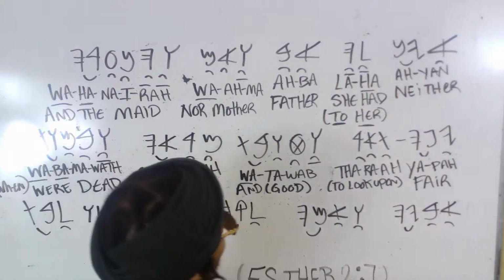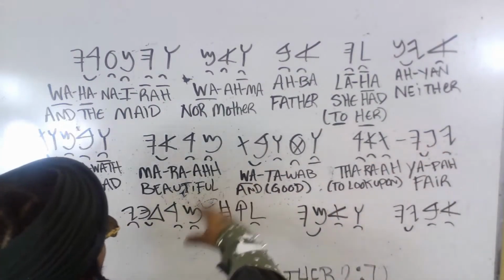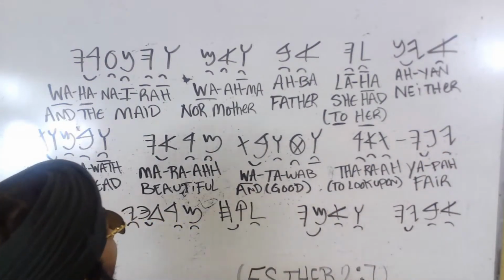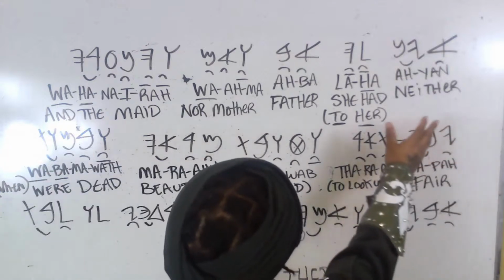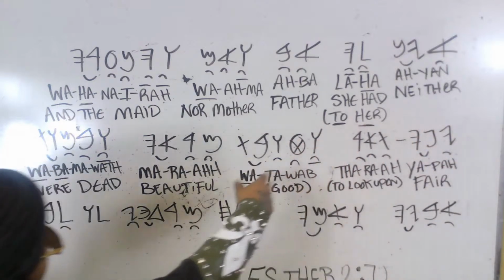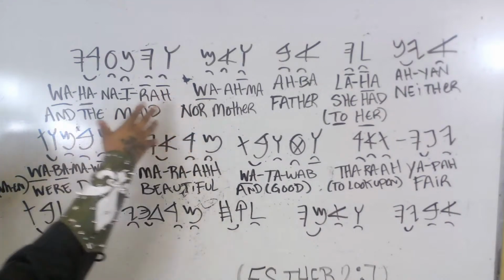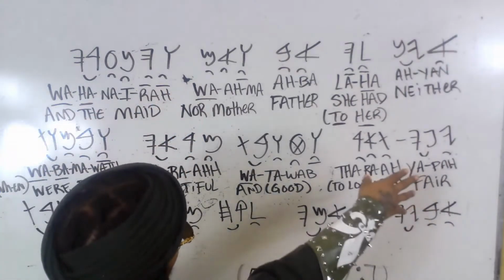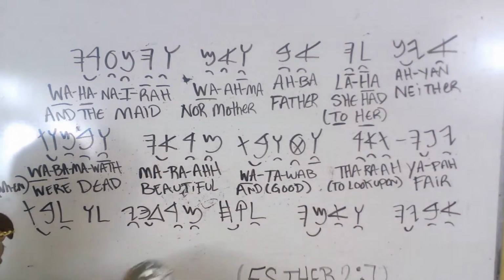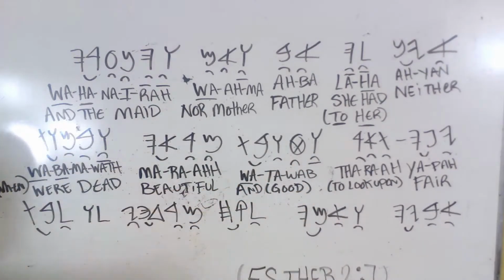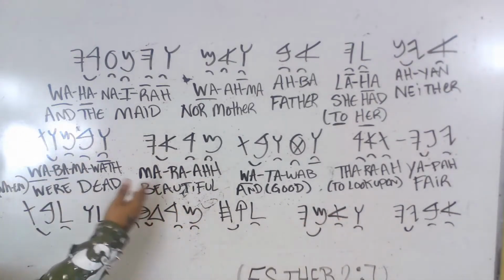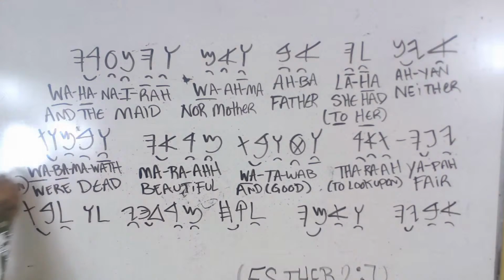The verb to be that was all the way at the beginning. So this is something that they explained and that happened. Ayal la'ah, neither she had Abba wa Amma, father nor mother, wa na'ira and the maid, yapatha ra'ah, fair, wa tawabah, and ma'ra'ah, beautiful. Even though it's saying fair to look upon and good and beautiful. Right? Wa ba ma wa, when we're unalived,